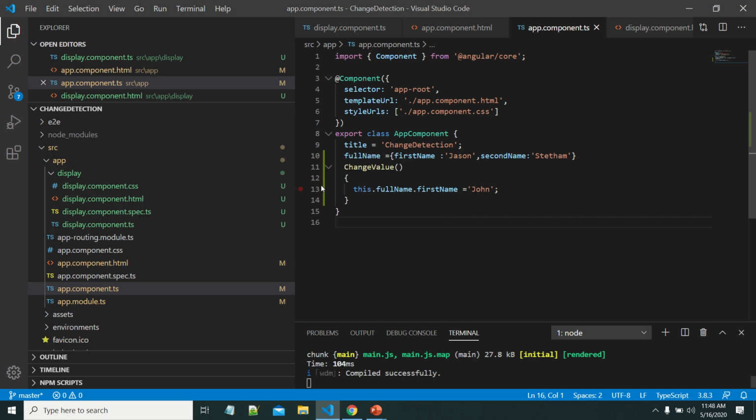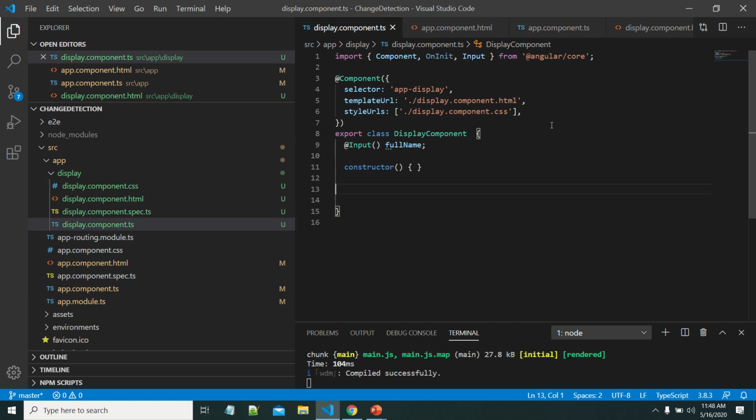Here, if you see, for this display component I haven't set any change detection strategy. That means it is using the default one. In the default one, if any changes happen, then change detection runs through all the components, and if any changes are identified, then that respective view will be updated.